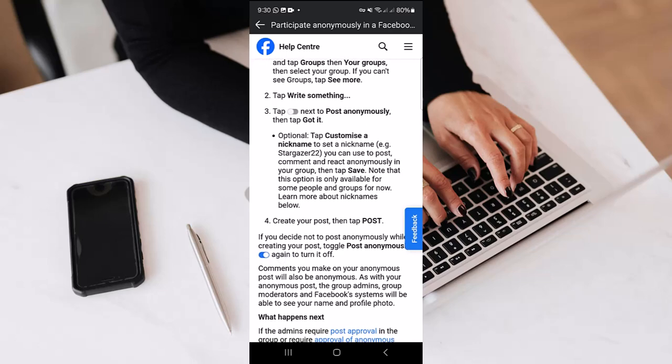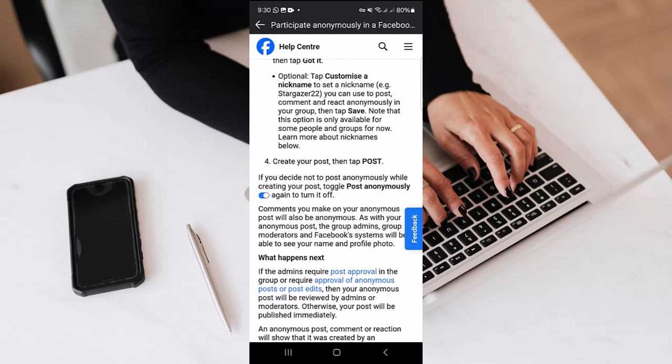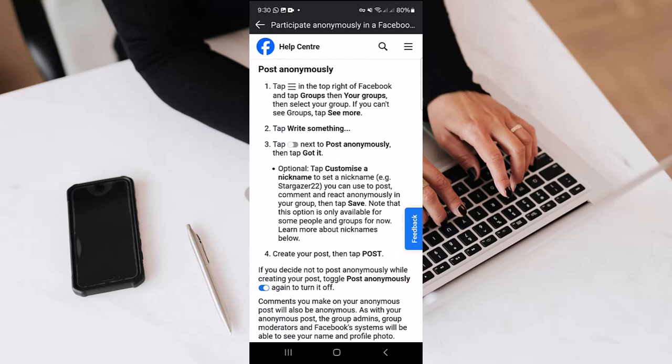So yeah, and then create your post and then must make sure to tap on post, otherwise your post won't be posted. So if you decide not to post anonymously while creating your post, toggle post anonymously again and turn it off. So yeah, this is the way you can just post